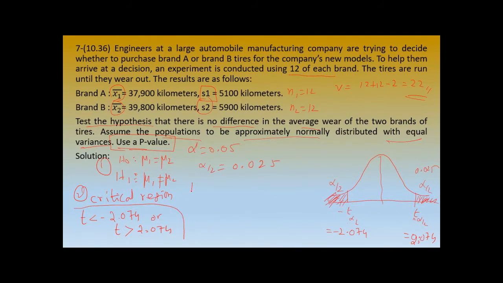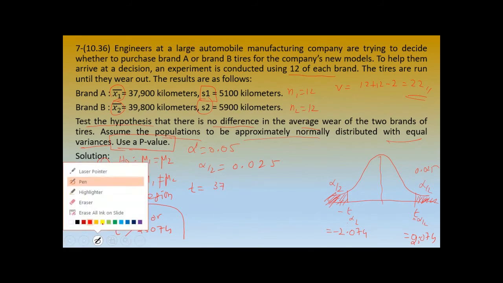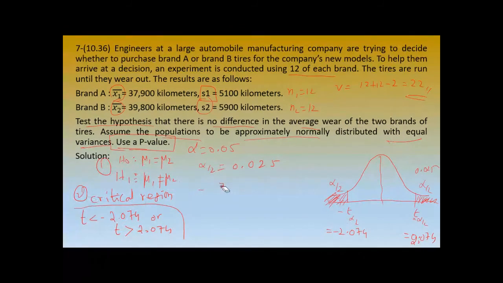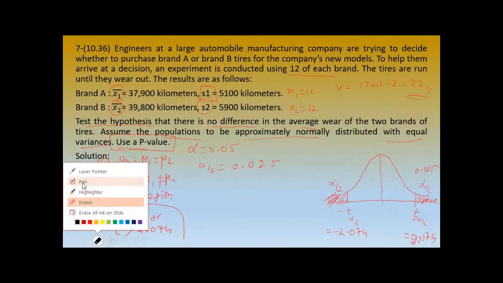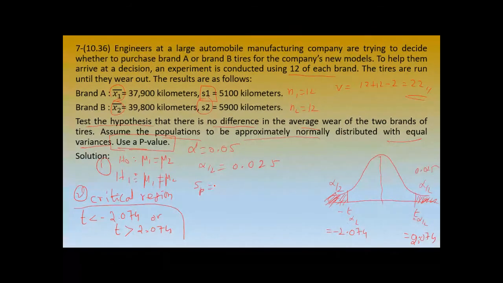I'm just calculating the t value here. t equals x1 minus x2, same formula. X1 is 37. Well, we need SP. We need the SP value to calculate the t value. So first we will find the SP value. The formula for SP, in the previous problem we have written: S1 squared, where S1 is this one, 5100 squared times n1 minus 1, 11, plus 5900 squared times n2 minus 1, 11,